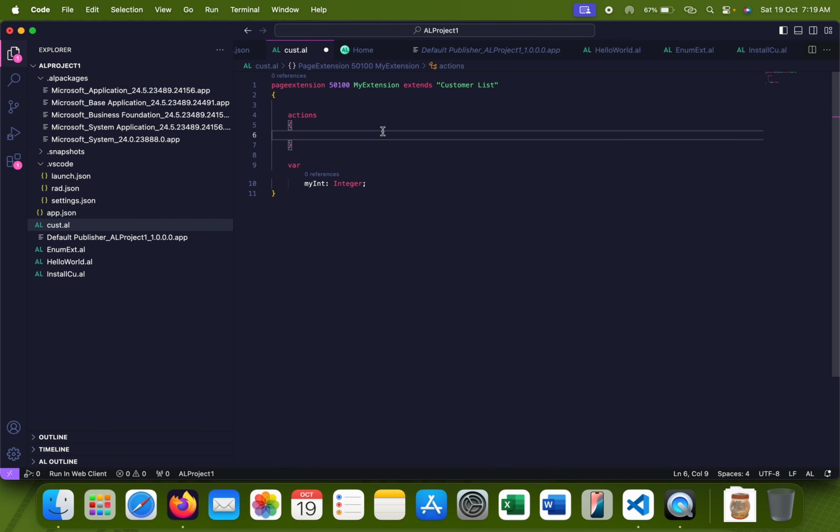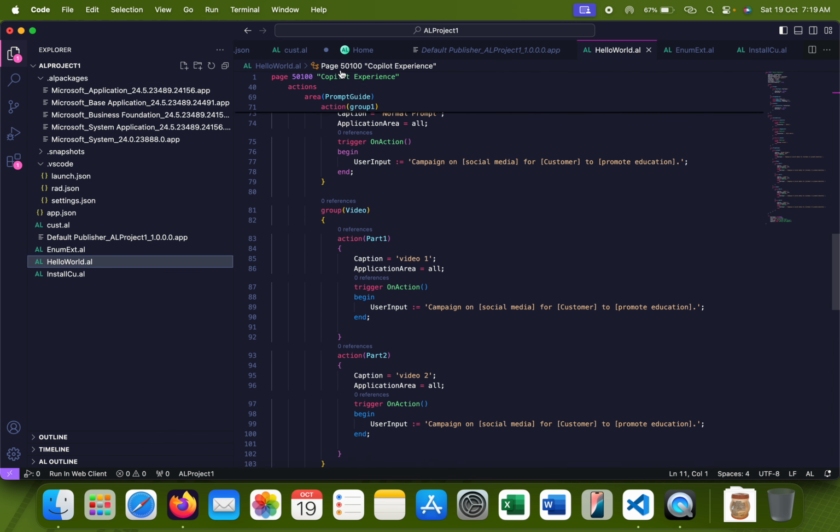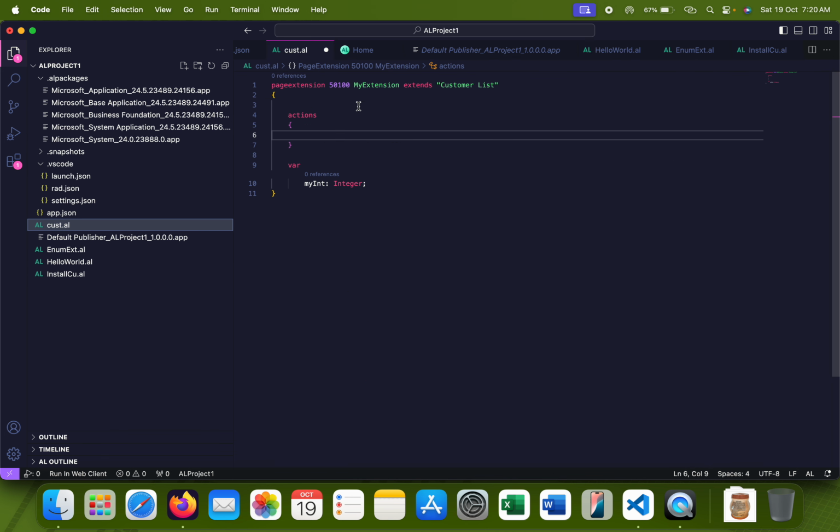I have opened up Visual Studio Code, and if you see here, hello world.al is my Copilot experience page, which I just showed you in the form of the start magic button. Now, if I want to add it in standard pages like the customer page, vendor page, and so on, we need to create a page extension, and in this page extension, in the action area, we need to define add last,